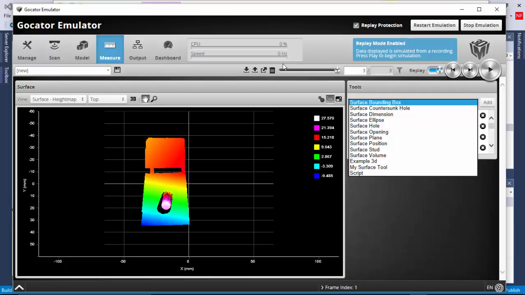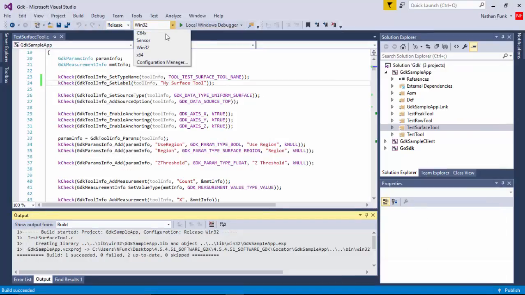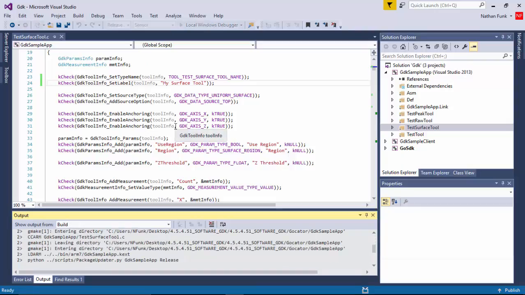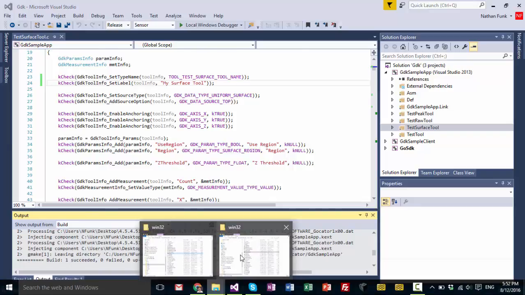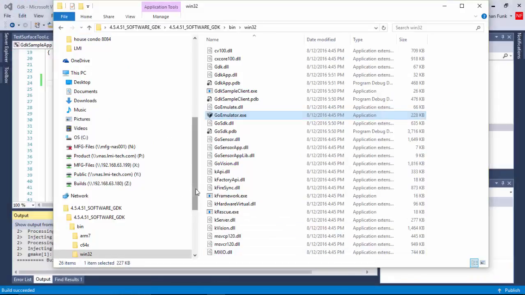Now when I want to build for a sensor, all I need to do is select sensor as my target, build again. And what's happening here is that it's actually building for the sensor's architecture and creating a firmware package that I can then load onto the sensor.